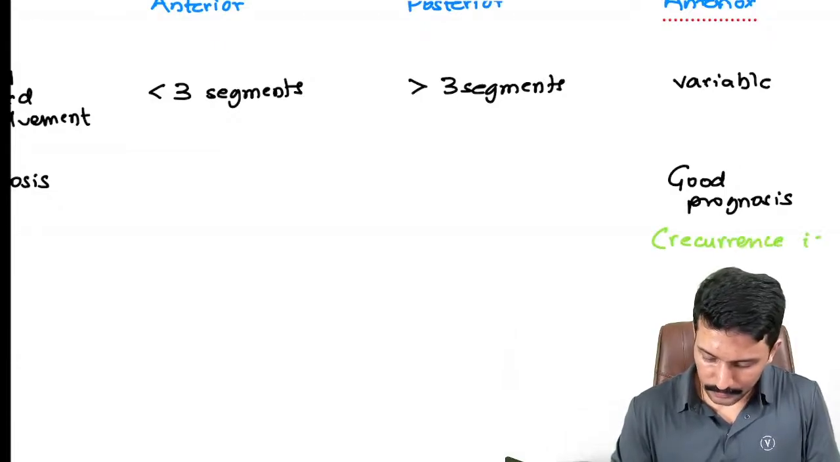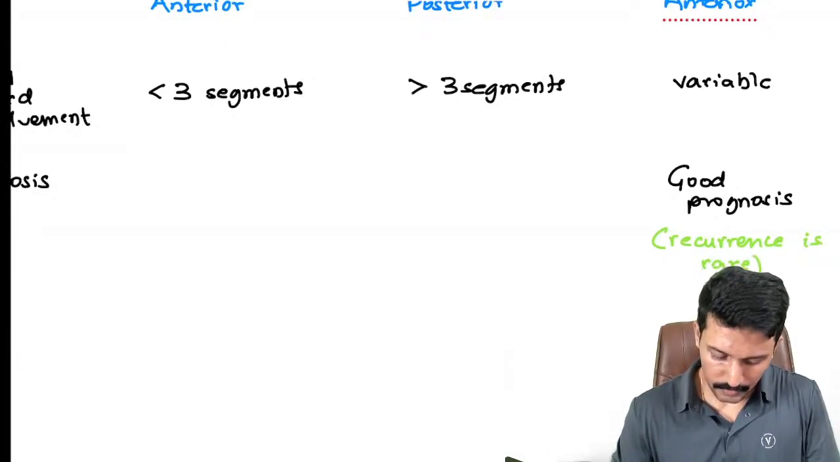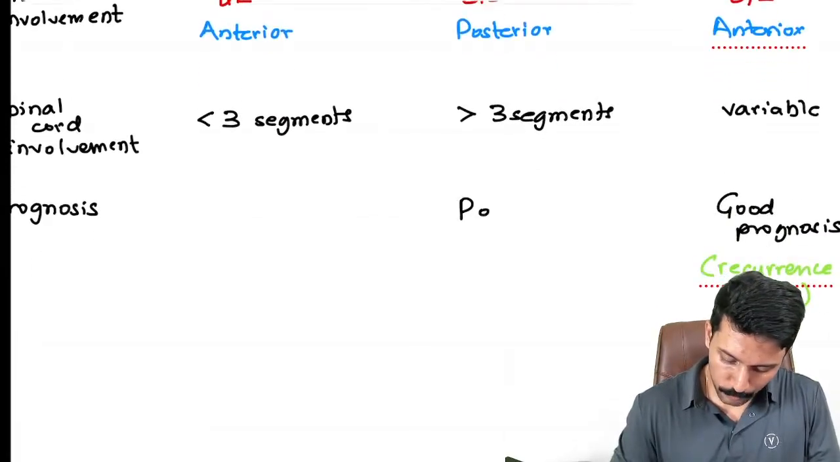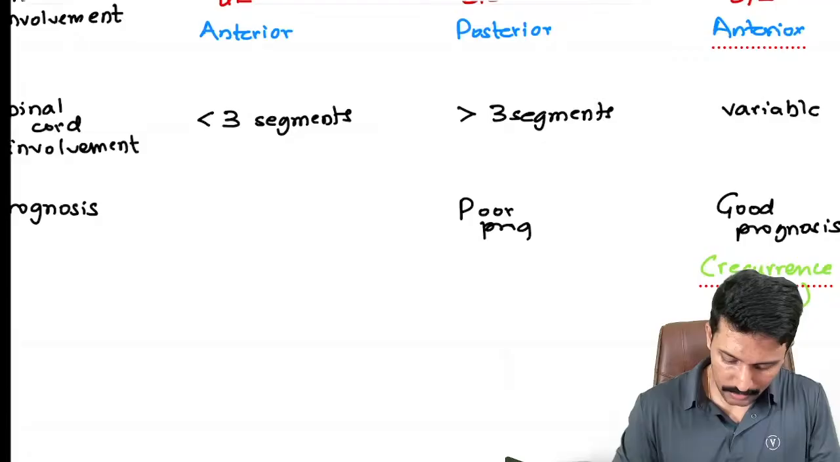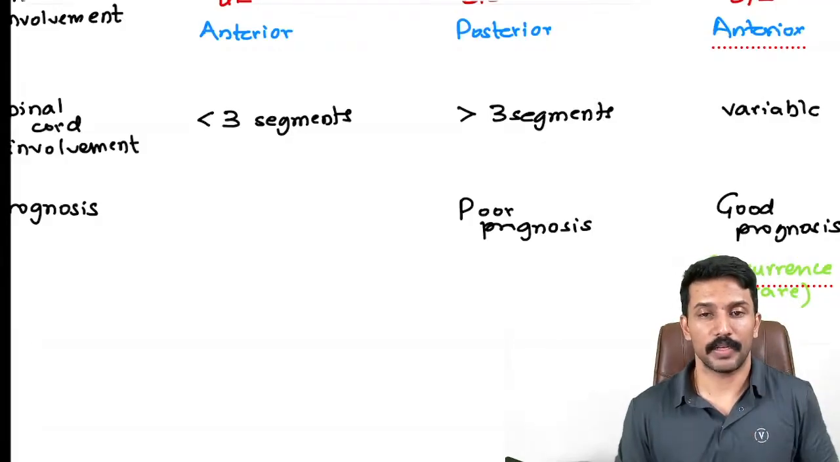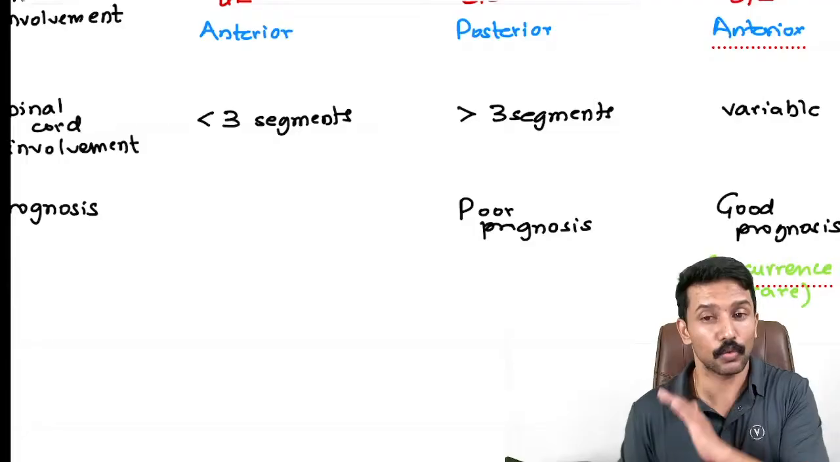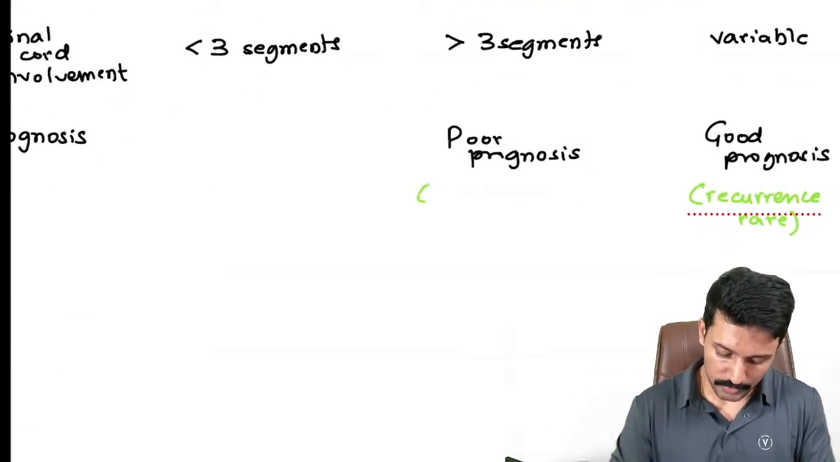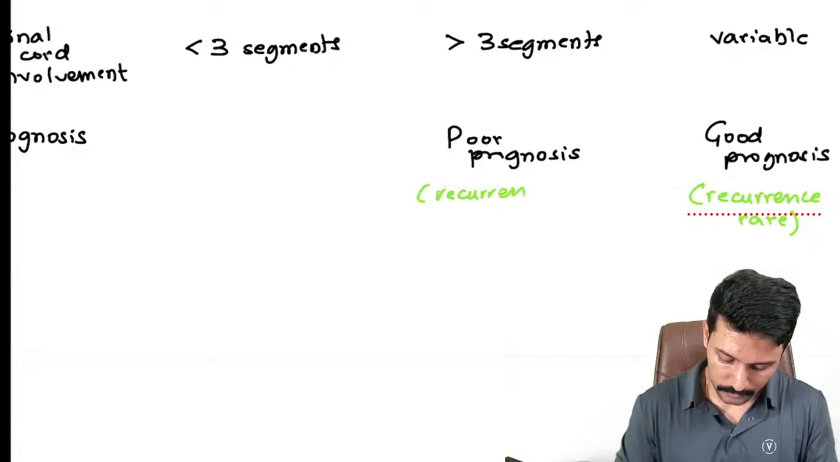Recurrence is rare. Okay, then this neuromyelitis optica, we say it carries poor prognosis. Why? First, recurrence. Second, it behaves like the primary progressive variant, meaning every time there is a demyelination there is no recovery, so it keeps adding to the disability. So their recurrence is very common,